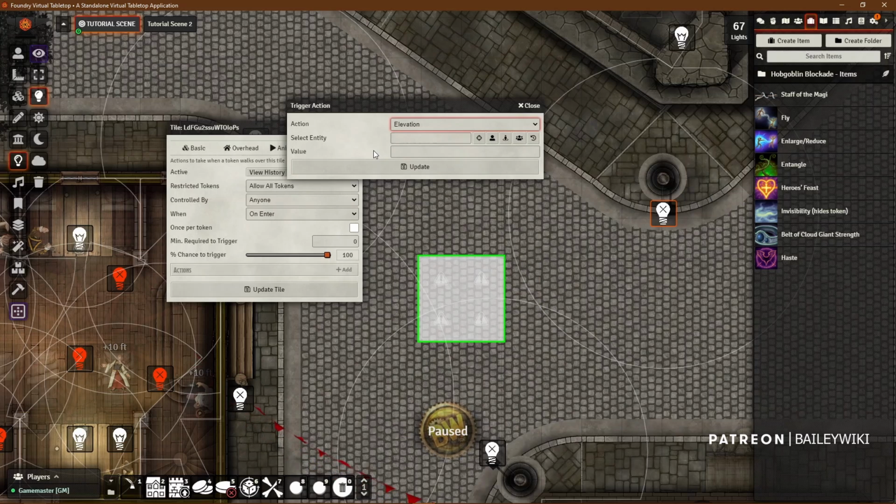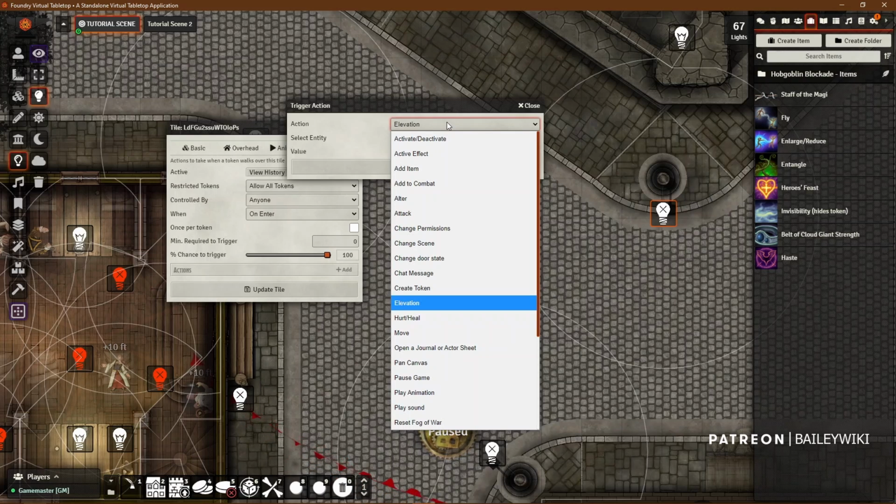Elevation is super helpful to change the player's elevation. It's great for tactical maps. It's also really helpful if you're using levels enabled maps like the one you're seeing here that's got 2, 3, 4, or 5 stories of map that they can navigate. You can change players' elevation. This is helpful when you don't want to just use the levels, which has a very convenient way to build staircases to go straight up or straight down. If you want to go up but then over, you can't do that with levels. So this is a great tool to be able to change elevation, but then add another step that moves the player to a different location. So you can really move in all 360 degrees,